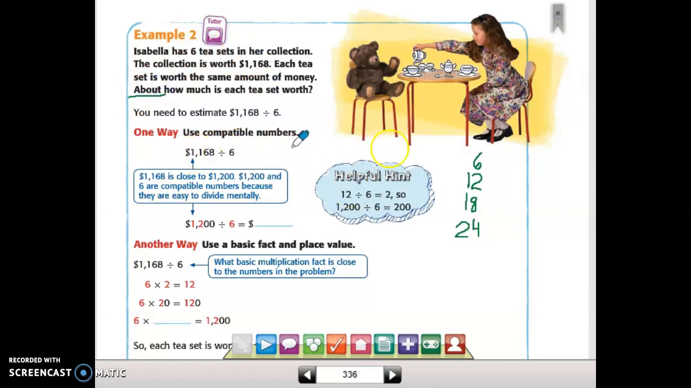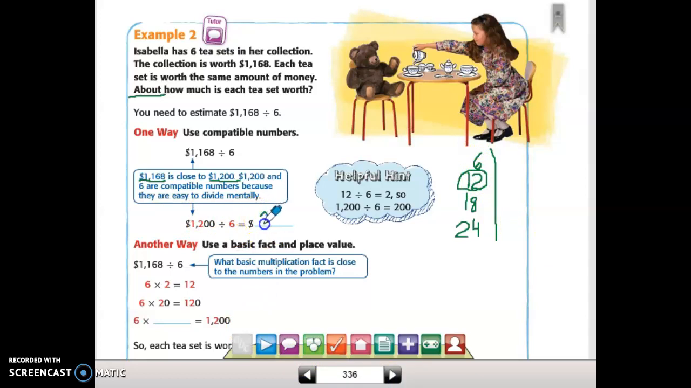And we're going to use our compatible numbers. And compatible numbers is just another way to say multiples. So I've written my multiples. Unfortunately, I didn't have to write them very far because I can see that 1,168 is close to 1,200. 1,200 is handy because, look, it has that basic fact of 12, which is a multiple of 6. So here's our basic fact, 12 divided by 6. And on our number line, 1, 2, it's 2 jumps down,